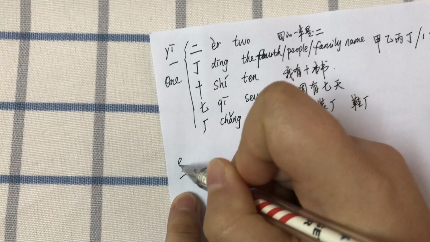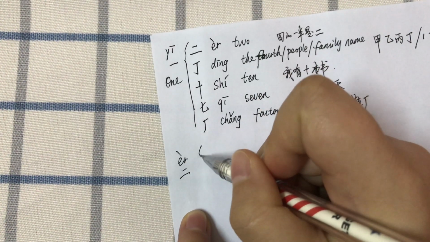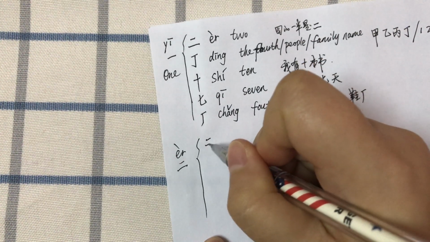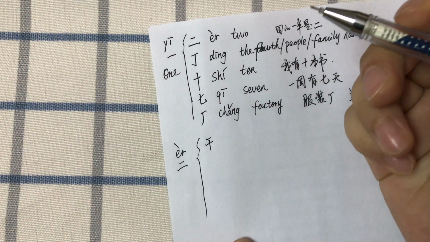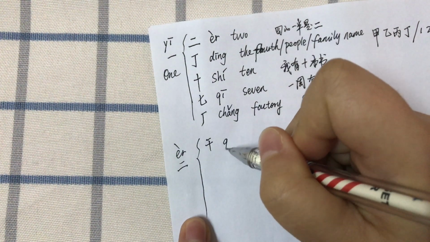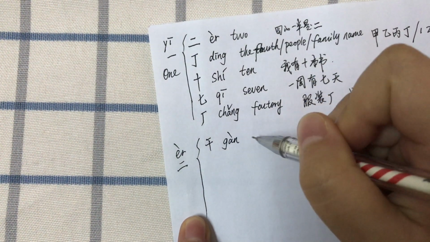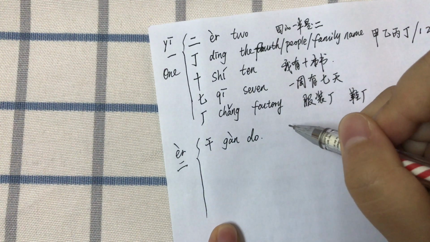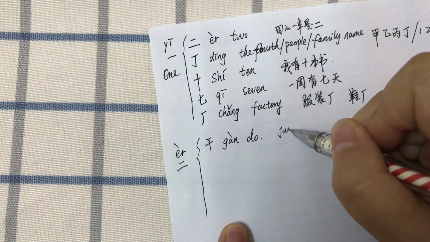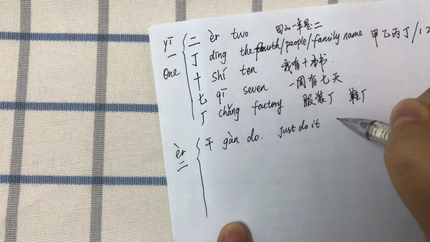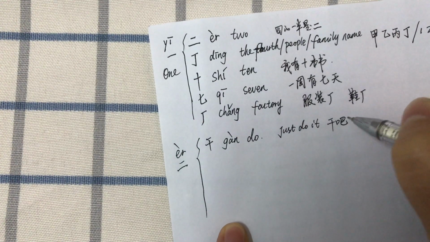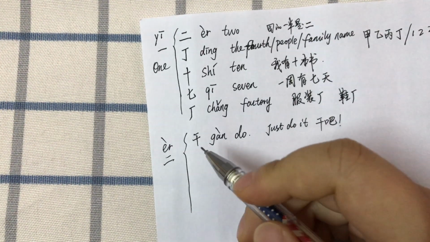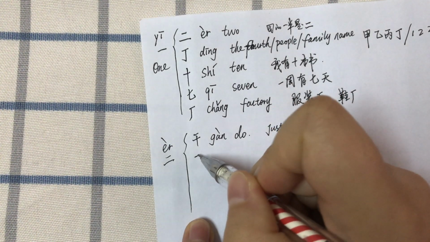二. We can add this. This is 干. In English, it means do. Just do it. 干吧。Just do it. 干。